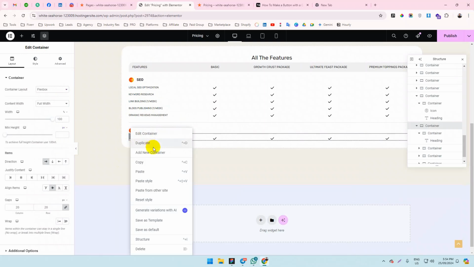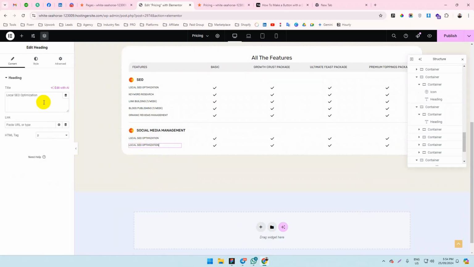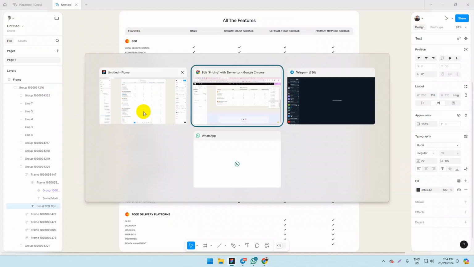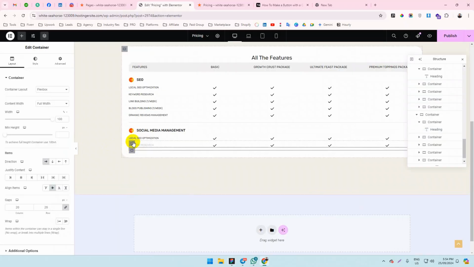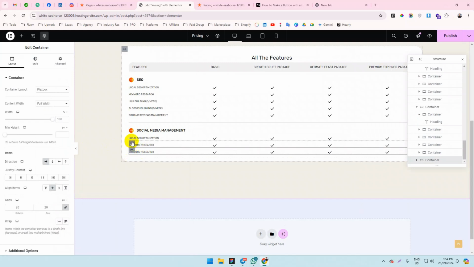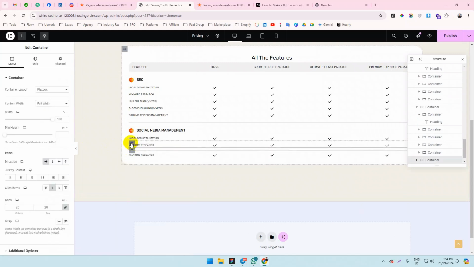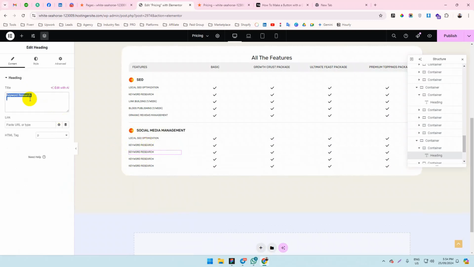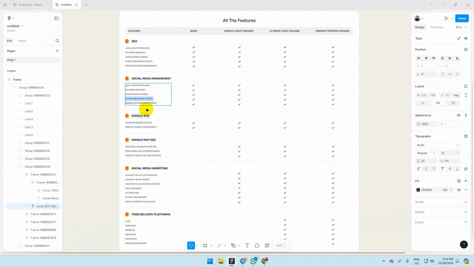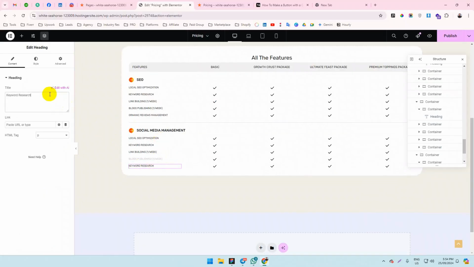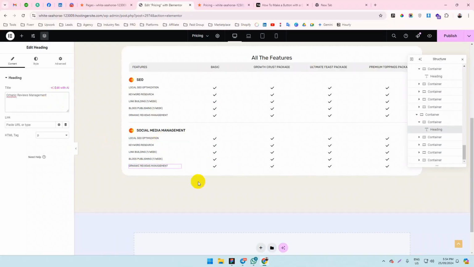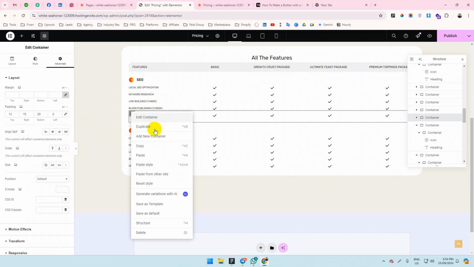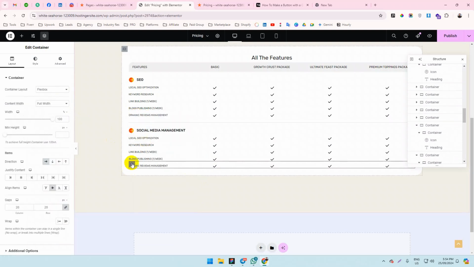Again I can duplicate it and change the text. Again. Yeah, this section is also done,